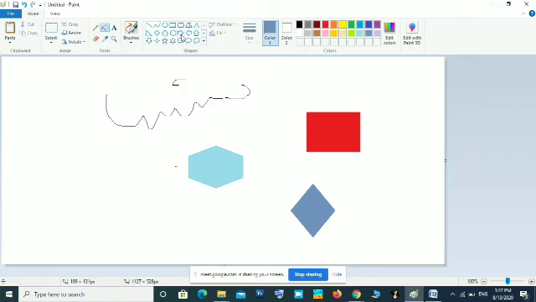After that again one more shape I am drawing. Inside this I want this light blue color. In that case we can select that color using the color pick tool. Click on the color pick tool and click on the color. That will be the active color. After that use the fill tool and click inside it. That is the color picker.